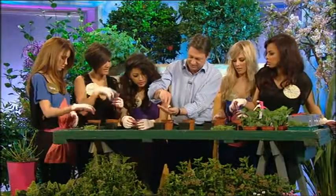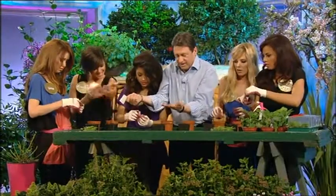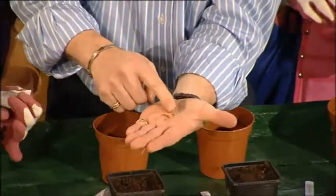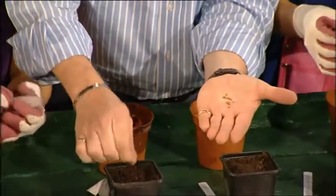Tip them into the palm of your hand. Have I pinched yours? Yeah. There you are, have mine. There you go. Now, look at these. You'll see there's a good dozen seeds in here. And if you space-sow these on the surface of your compost, just space them out like that, like a pinch